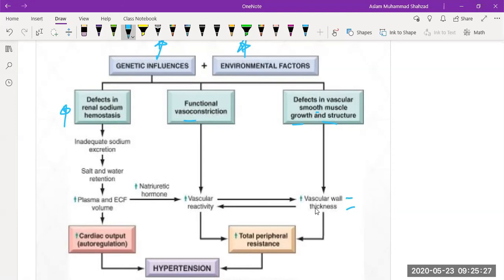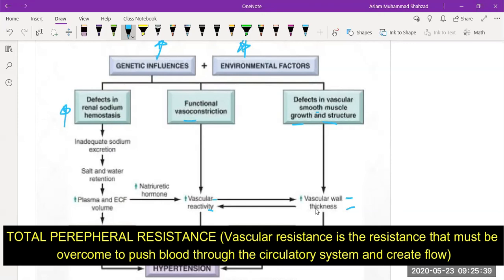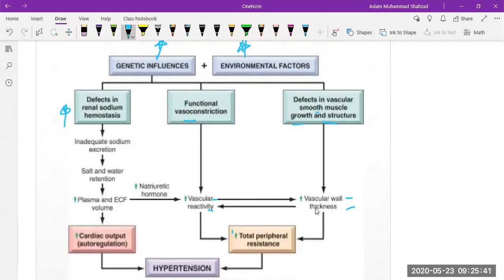then blood cannot pump or fill inside the heart properly. And I mentioned here that functional vasoconstriction causes vascular reactivity, and the increase of the vascular reactivity leads to an increase of the total peripheral resistance. And the vascular wall thickness also results in an increase of the total peripheral resistance,